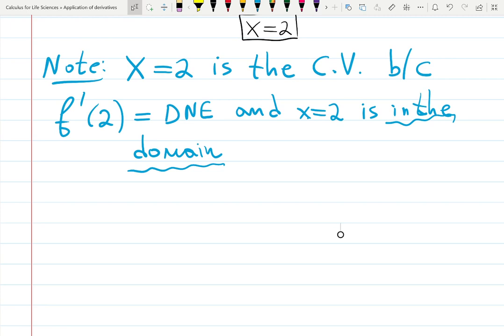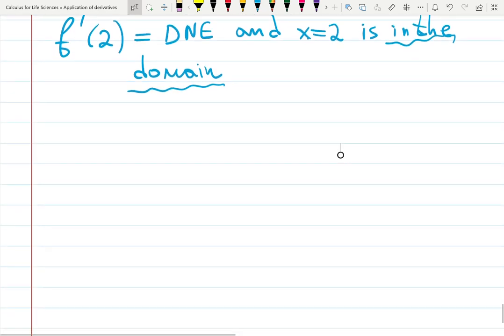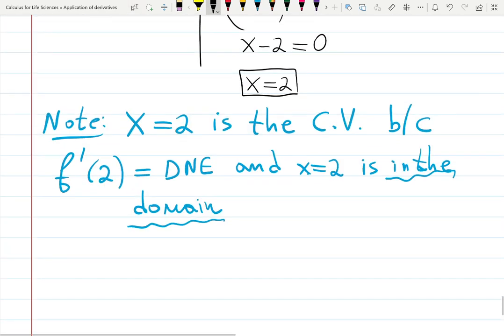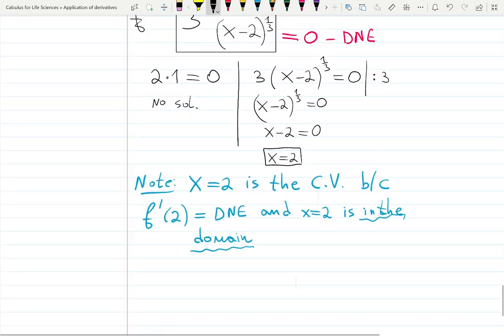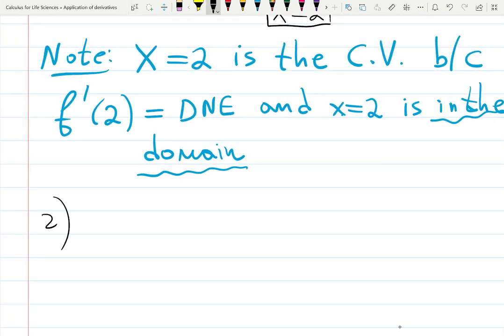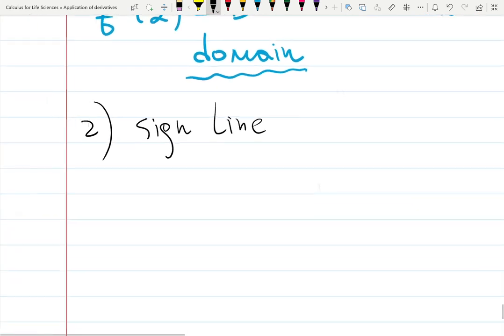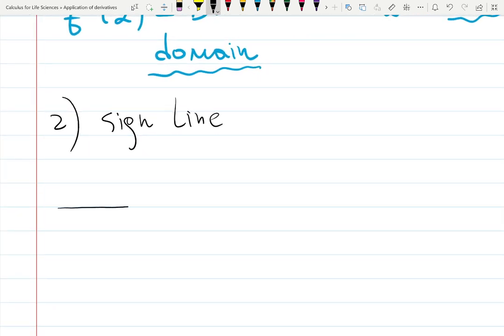So now we do the same thing with a sign line. Let's do the sign line. Draw the sign line. So was it step A or 1? It was step 1. Step 2, sign line. Oh, perfect. We're gonna finish right on time. Remember, sign line right now for the first derivative test